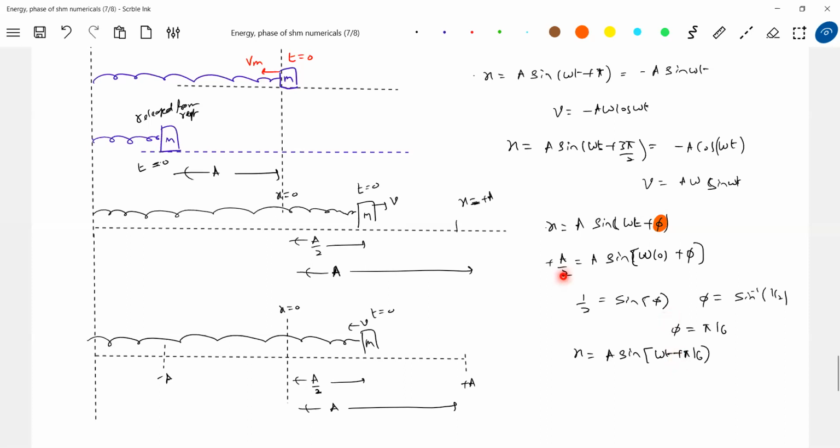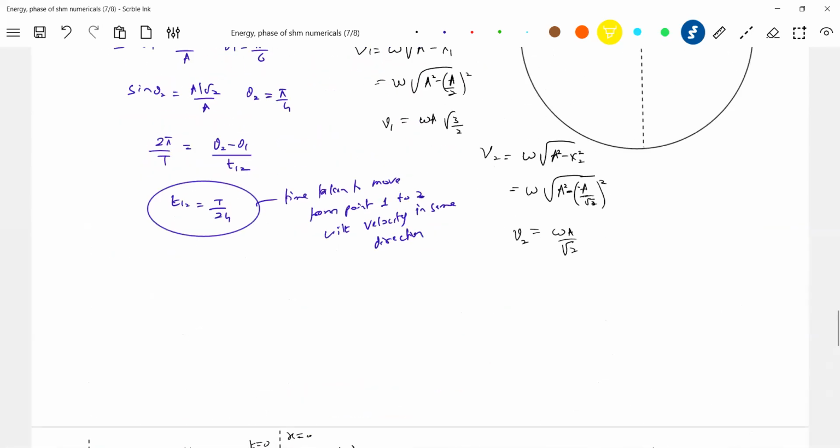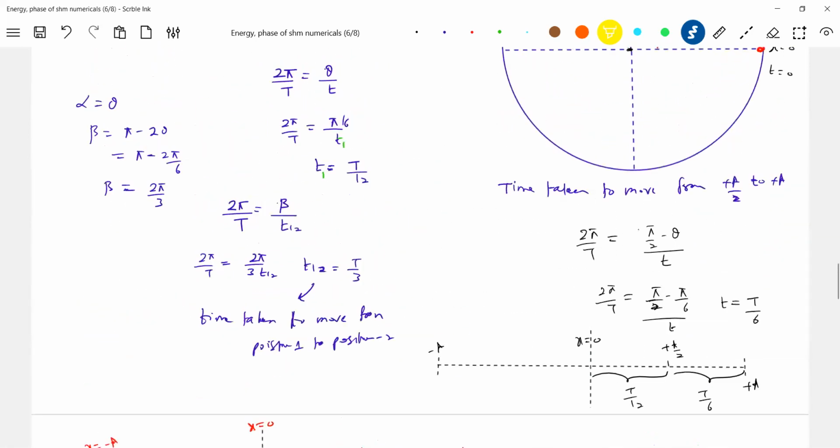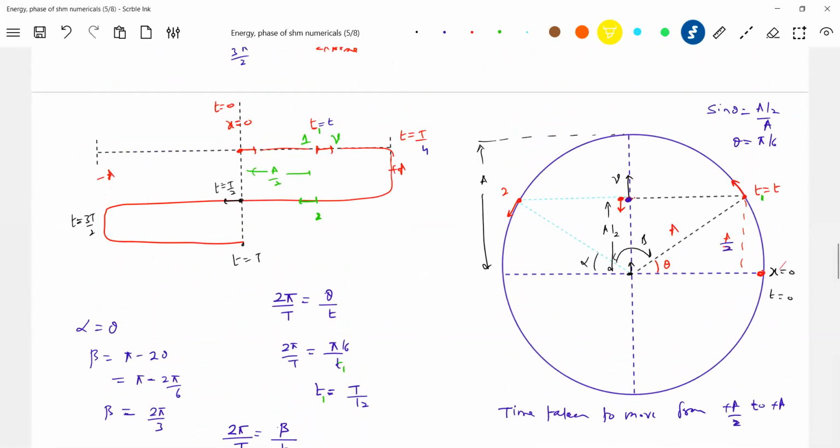So like I'll write, what is x plus a by 2? I'm getting pi by 6 only. How come both will have the same phase? Am I right? They should have different phase. Do I agree? Or same phase means okay, no problem. Well, these two have the same phase. Okay, already we have discussed. You can see this. Can they have the same phase?